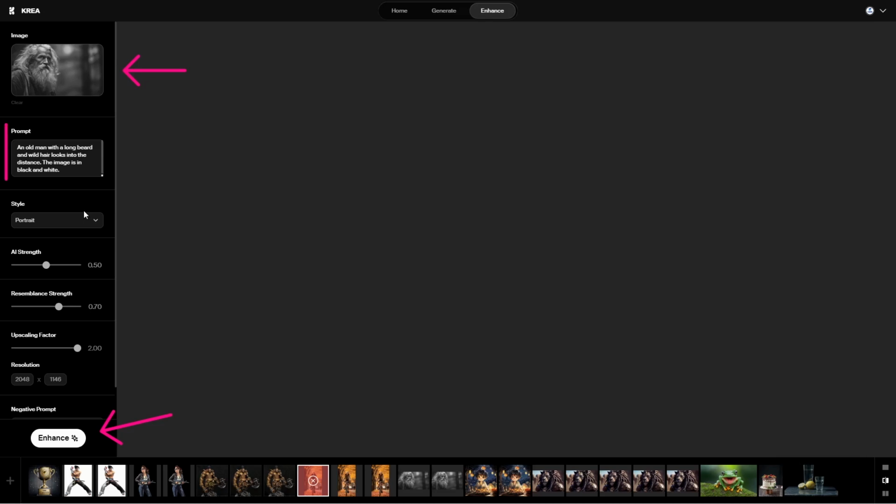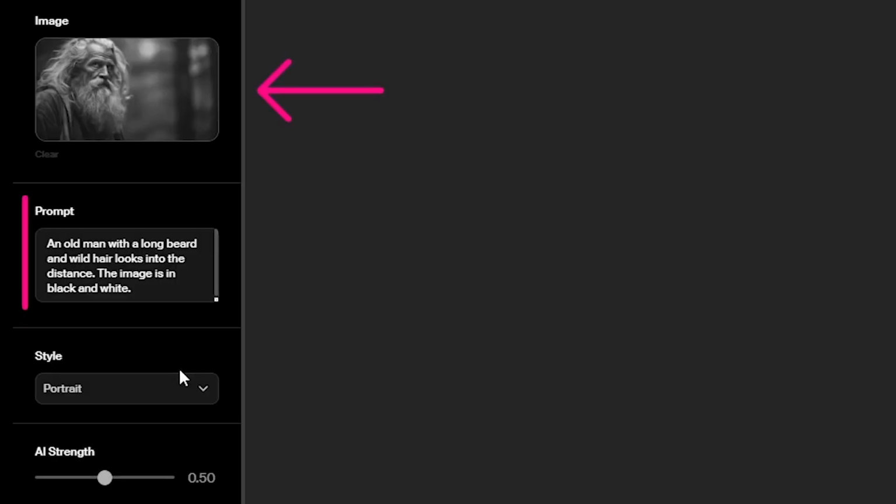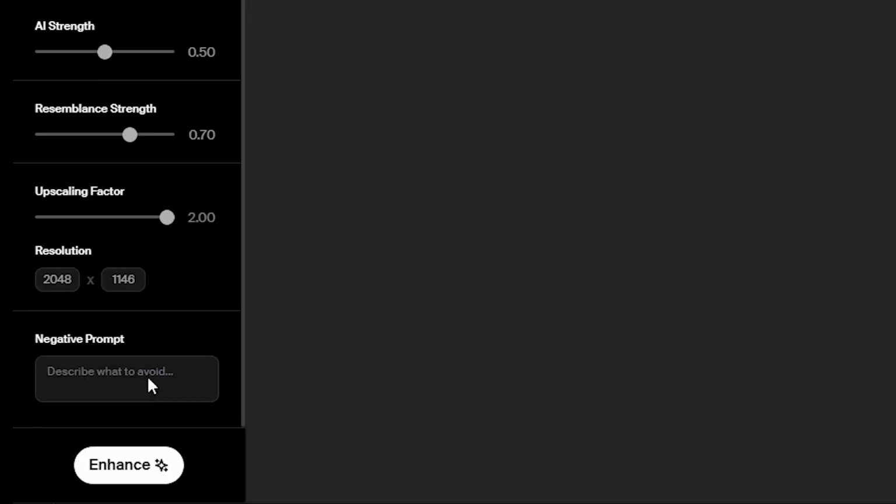Also, this tool creates an automatic prompt for this image: an old man with a long beard and wild hair looks into the distance. This image is black and white, and I think Krea did a great job in creating this prompt. Also, we could create a negative prompt here.